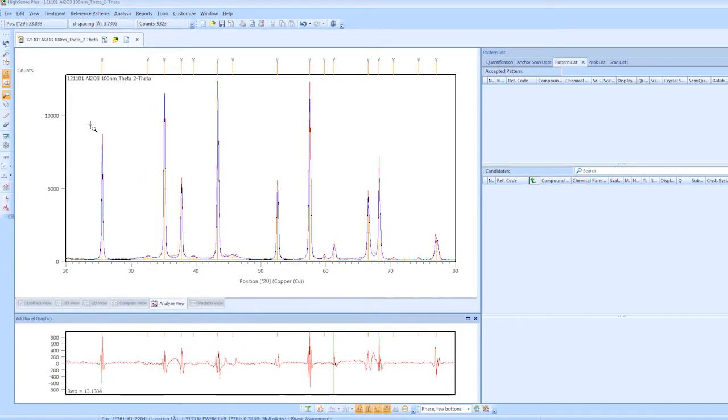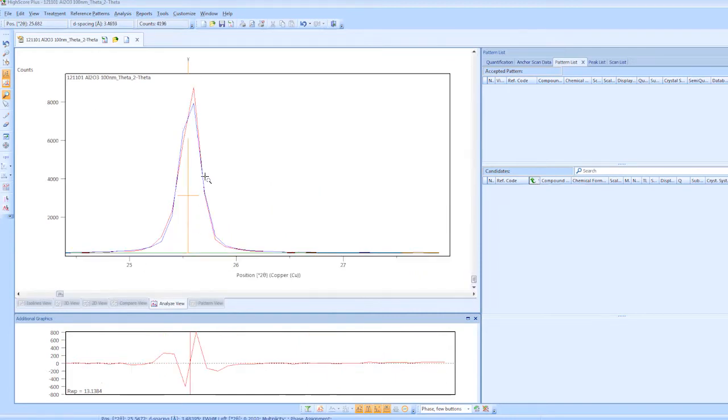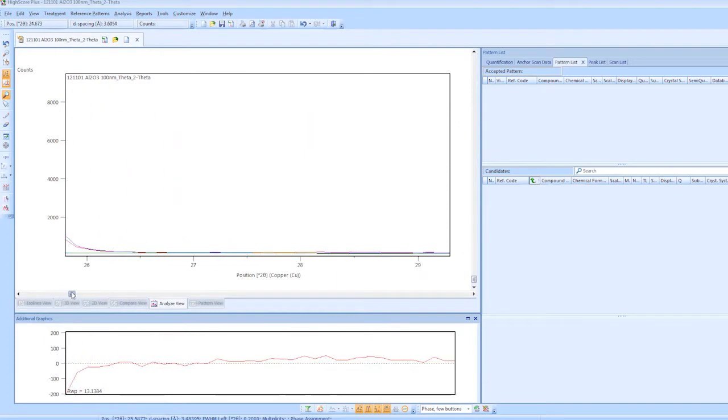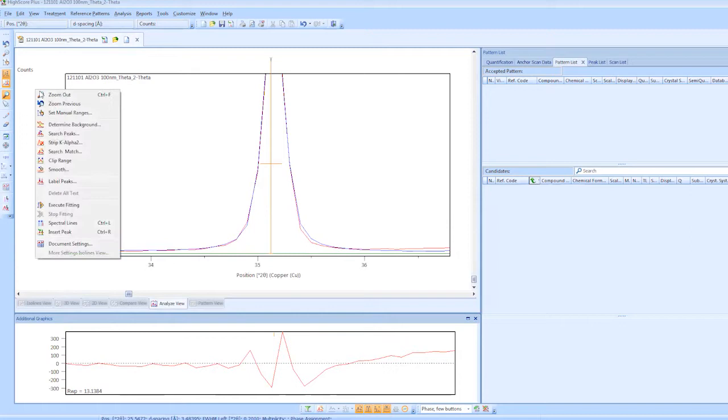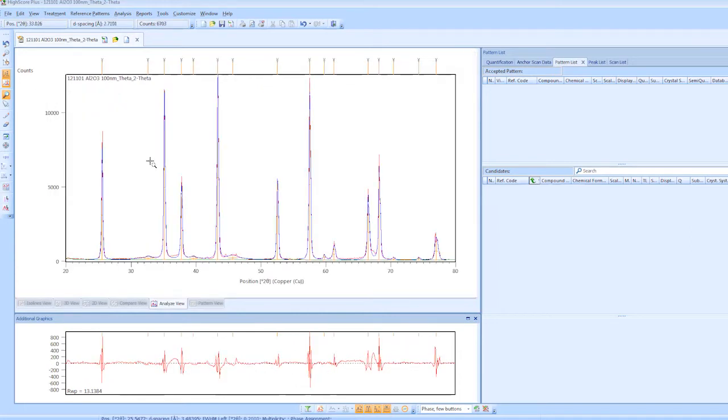These peaks are really sharp, and sometimes it has a really hard time getting a good fit with these peaks if they're really, really sharp. But you can take a quick look to see how they're fitting around there, and it's not bad. The other thing I will say is you may have to run this more than one time. Sometimes I think there's a default that only does so many iterations,